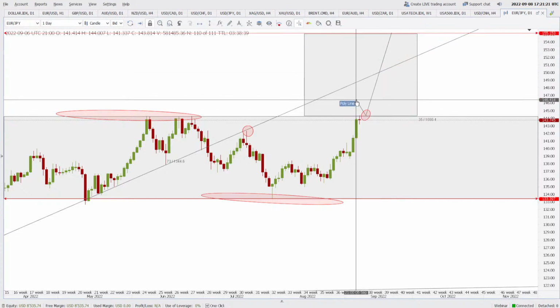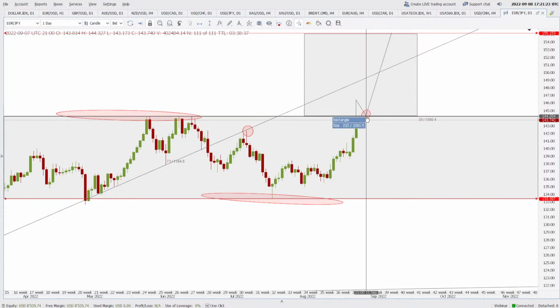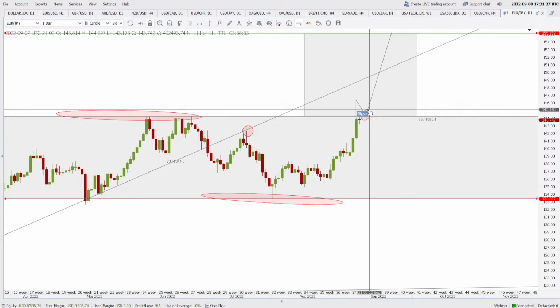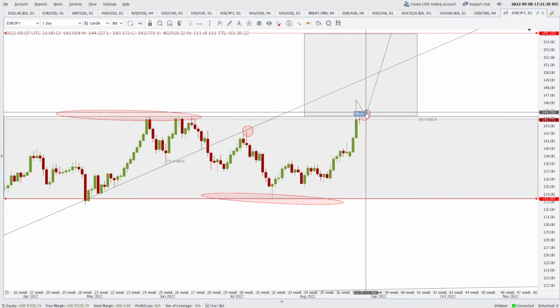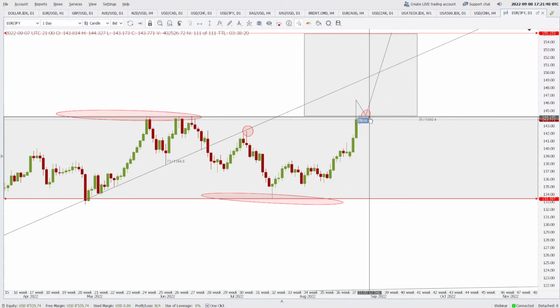Now if you let it come back here and it gives you some bullish pin bar or some bullish engulfing here, then maybe you buy at 145.14. Your stop loss will still be somewhere here, 200 points, and you will have a target of 1000, and you will have a 1:5 risk to reward ratio. So you will decrease your risk if you buy close to this broken resistance.